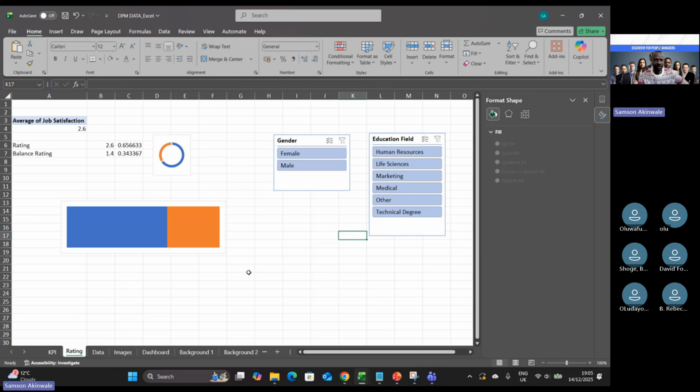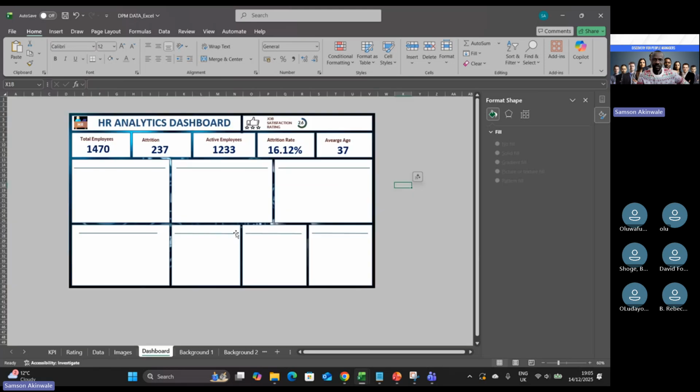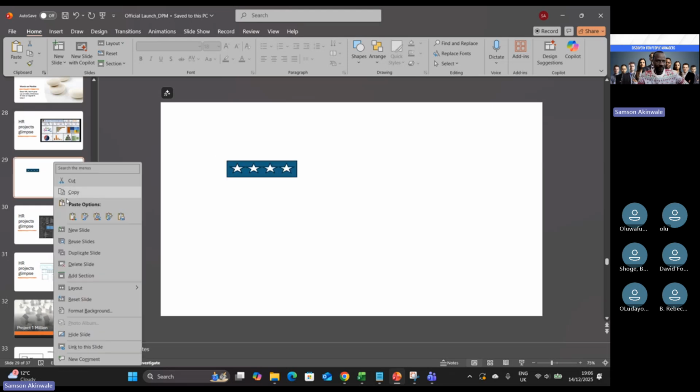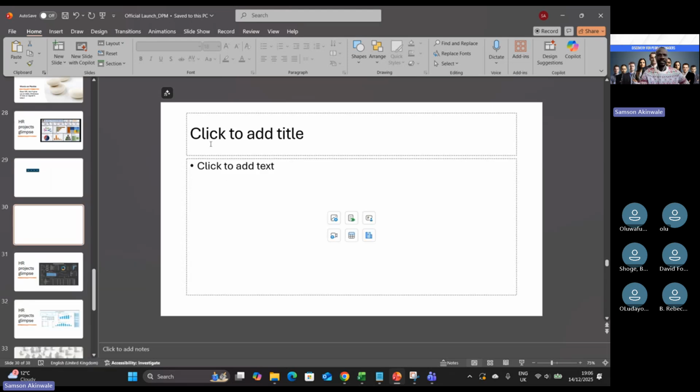I need the star ratings, because here I've already depicted in this logo that the ratings are in stars. So I need to create those stars. How do I create that? I have to go back to PowerPoint. I created one before, but I need to do another one for the sake of this class. So new slide,